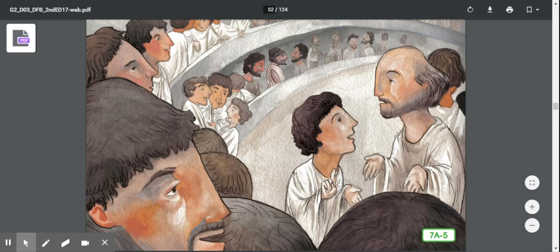Originally, only men who were born in Athens and who were considered wealthy or rich enough were allowed to be citizens. And these citizens had the right to vote, to be part of a jury that made decisions in a court of law, and to serve in the assembly, a large group of men who debated, or kind of talked about, and created laws. Over time, even poor men and some merchants who were not born in Athens but who lived and traded there were allowed to take part in this assembly.